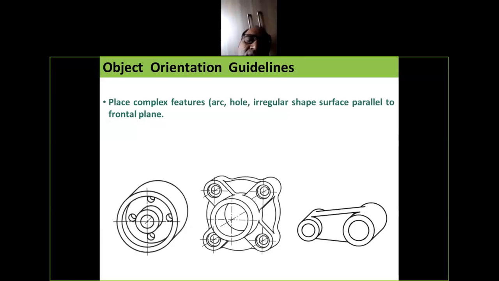So we put complex features on the frontal plane. In all these three figures, the complex part has been kept on the frontal plane.